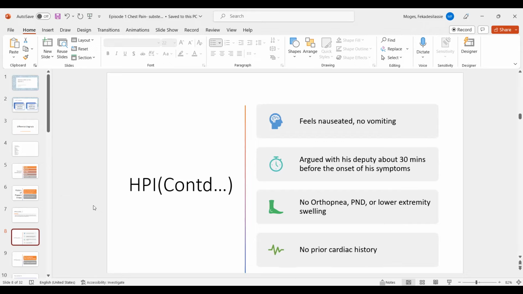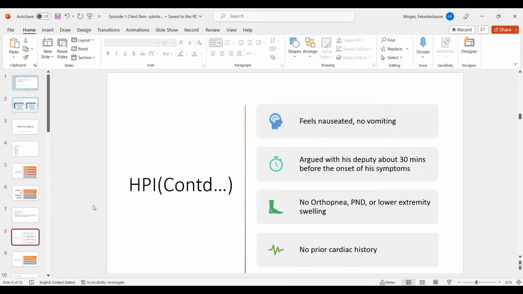GI. GI is very important because at least in 2 differential diagnoses, we are considering the possibility of gastroesophageal reflux disease. We are considering the possibility of esophageal rupture. So we have to ask questions relevant to that. The most important question would be whether I had any vigorous vomiting or not. If you want to consider spontaneous esophageal rupture as part of your differential diagnosis, you have to ask whether that patient was violently vomiting. I was not vomiting at all.